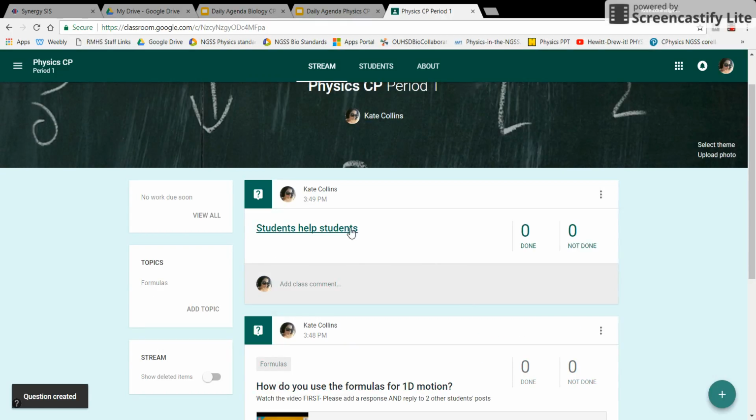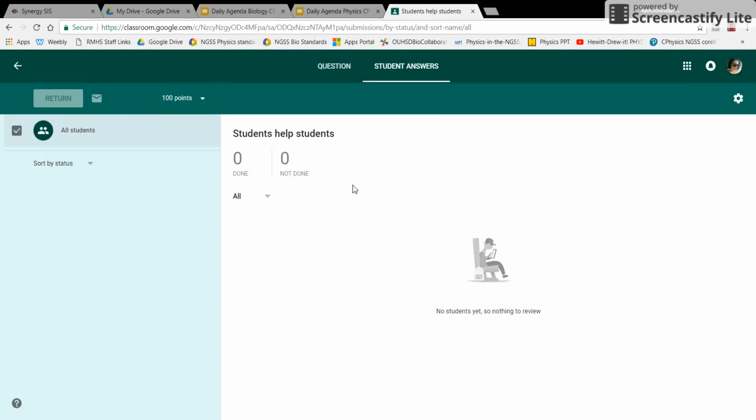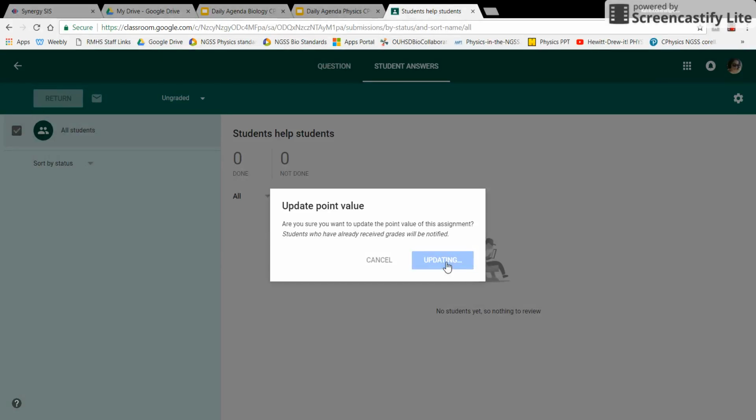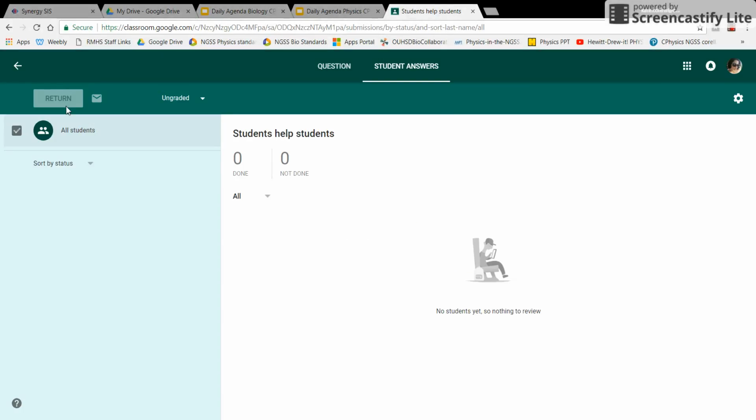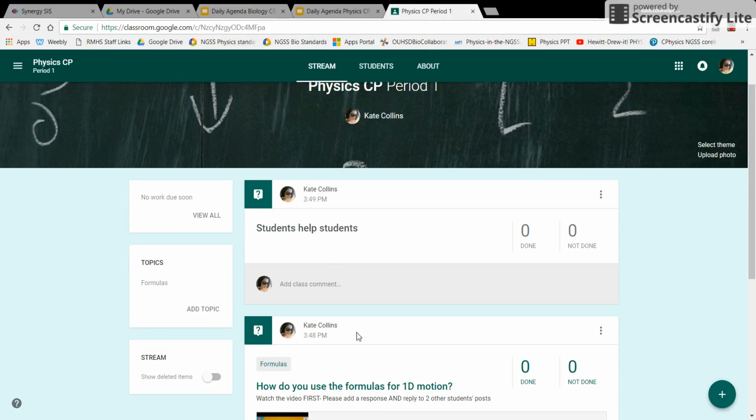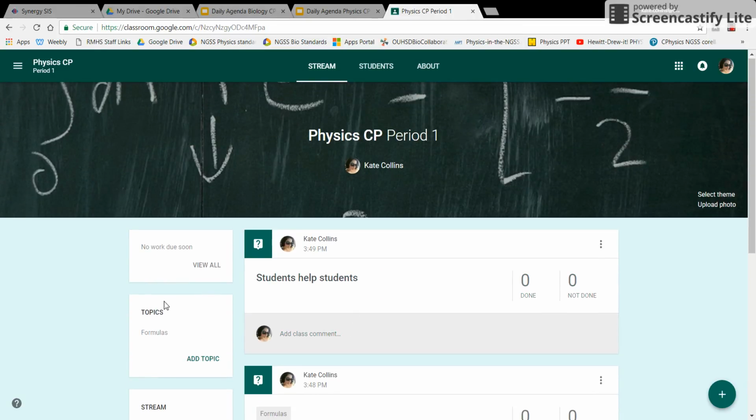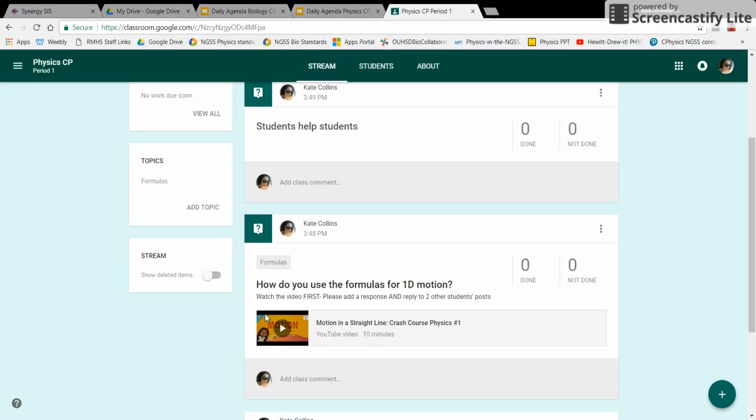And now students can go in, they can click on it, and it opens up a field like this where I can see what students are doing. And so no students yet, so there's nothing to review. They haven't done anything. I can award points if I would like, or I can make it ungraded. However you choose to do it. And then to go back, I can just go right back here to my main feed and see what I have posted here. So that is how to add a topic for student discussion or for response to a video